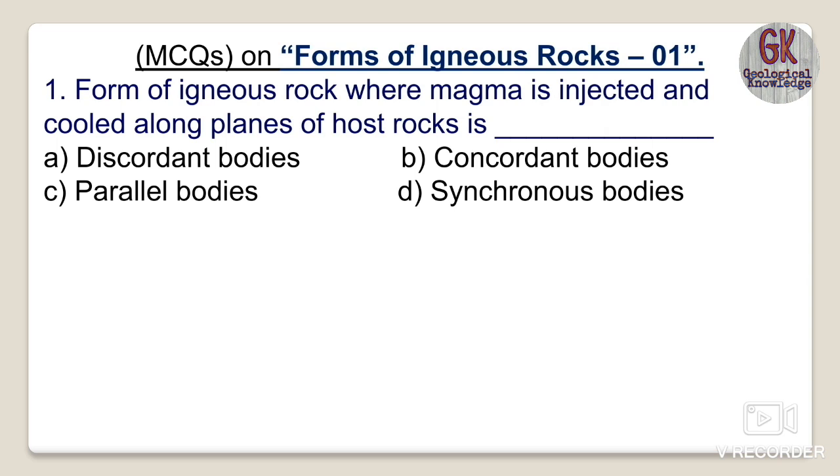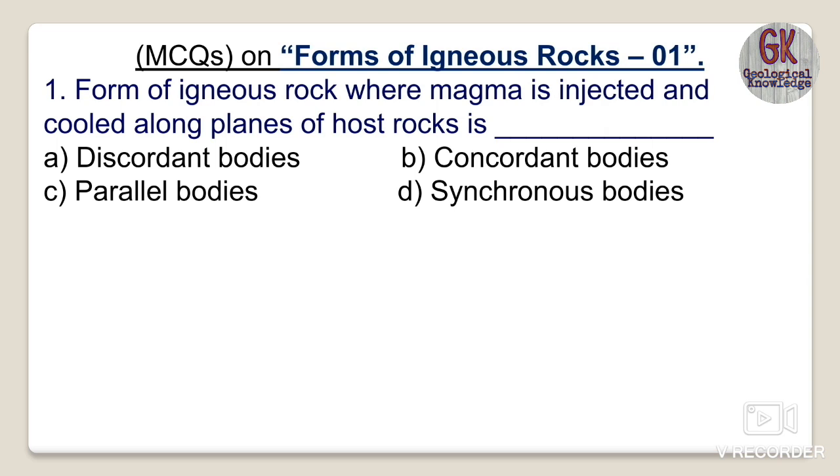Such rock bodies generally show a bit of variation in their shape as well as size, since they form in the interior of the earth. Suppose we talk about minerals: a mineral A that has enough space for its formation will be coarser, its size will be bigger. But if mineral B has less time or less space for its formation, its size will be finer and smaller. That's why the rock bodies forming in the interior of the earth show considerable variation in their shape as well as size.